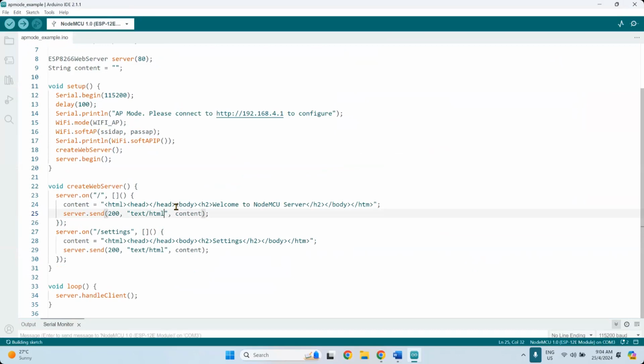You can use AP mode with web server, even if you want to create your own page here, but you need to be familiar with web programming with HTML and CSS. I'm not quite sure whether JavaScript can be used here or not. I think you can, because JavaScript runs based on a request in your browser.